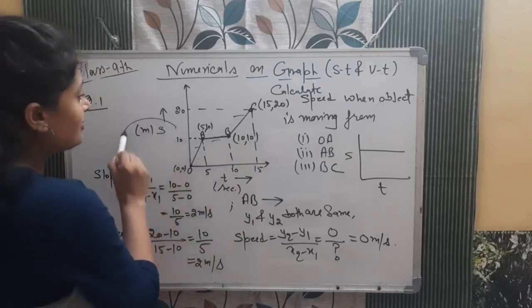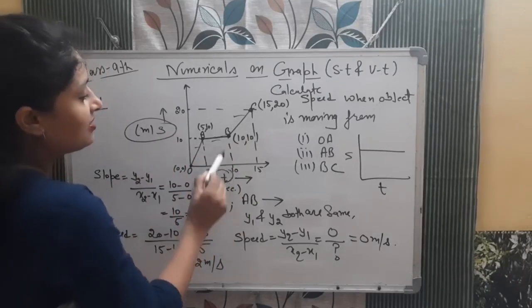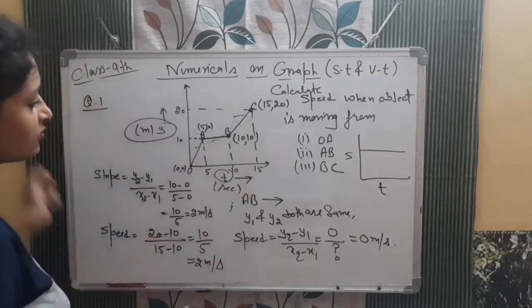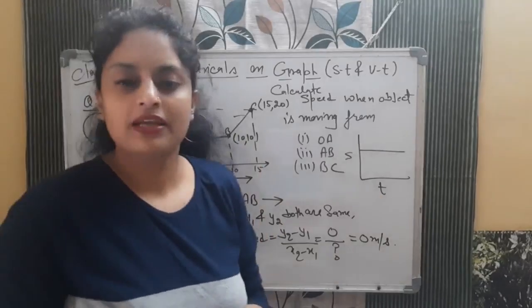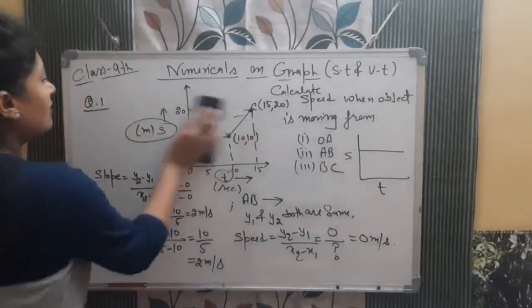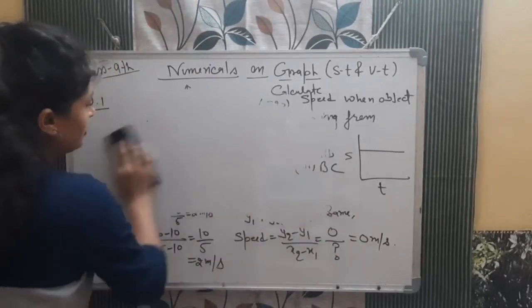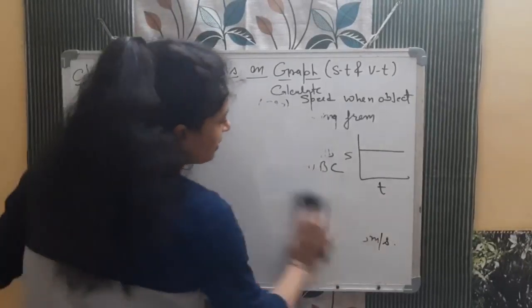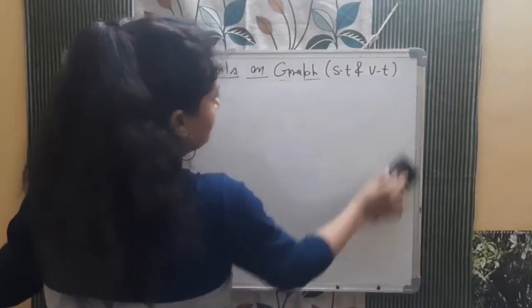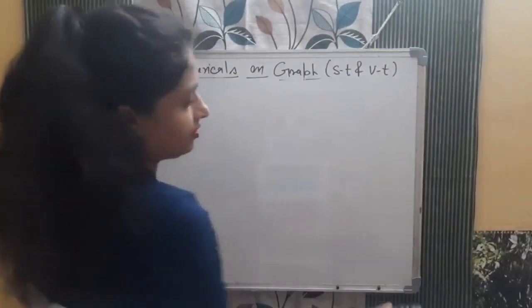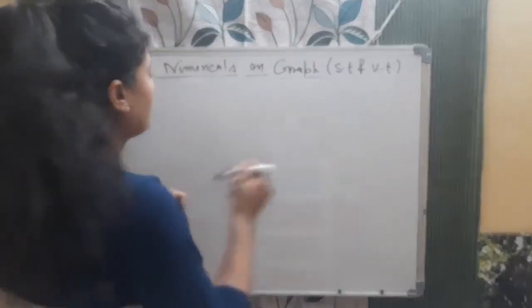So if we consider this displacement time graph, then we will say velocity; if it is a distance time graph, it will be speed only. Okay, so these kinds of questions come and you can calculate the speed. For example, I am giving you one more numerical, you can try it on your own. See how you will do.